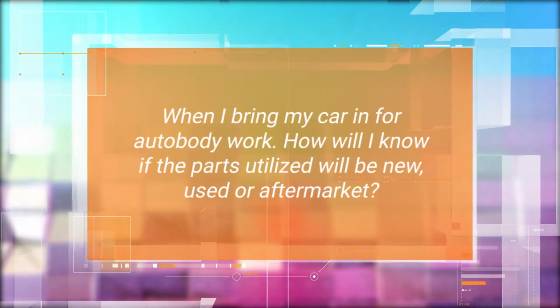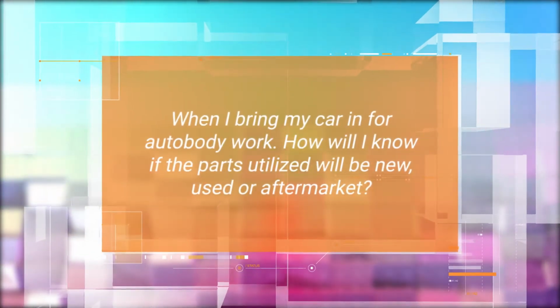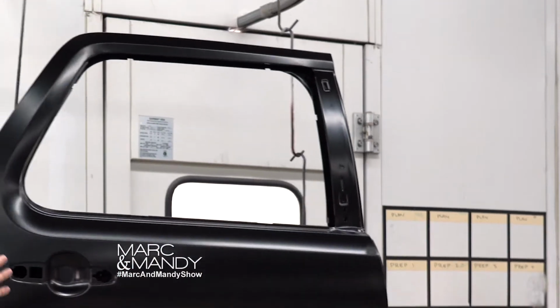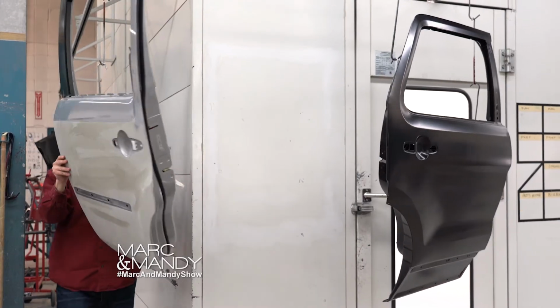When I bring my car in for autobody work, how will I know if the parts utilized will be new, used, or aftermarket? Once the estimate has been completed by the body shop and approved by your insurance company, the approved copy will be sent back to the auto body shop. On that estimate will be a list of itemized parts for you to have a look at. You can simply look at the lines on the estimate and see whether the parts are going to be new,